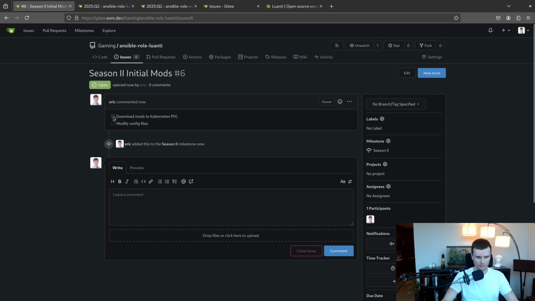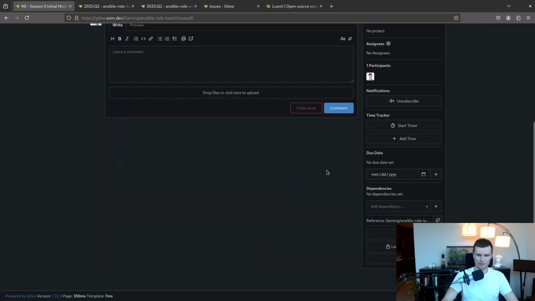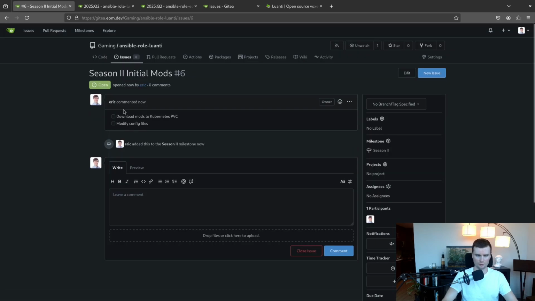Okay, and here we get little checkboxes using that markdown script, so I can do these one at a time. I might even create dependencies, one for each of these, and then as I complete the dependency, you can check it off here. So it's a little bit more of an art than a science here. Let's go to our milestone.